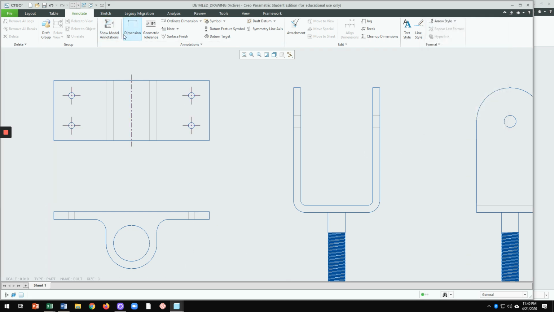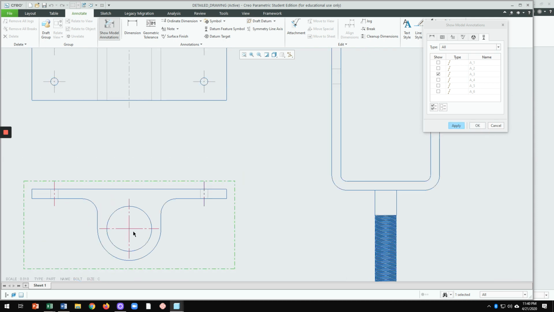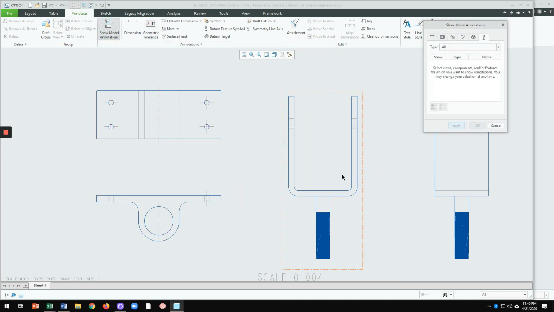So, oops, I should have not canceled, but that's okay. Show model again, click on this box, and we have 1, 2, 3. So apply and then cancel. Okay. So we can just do the same thing in here inside the box,